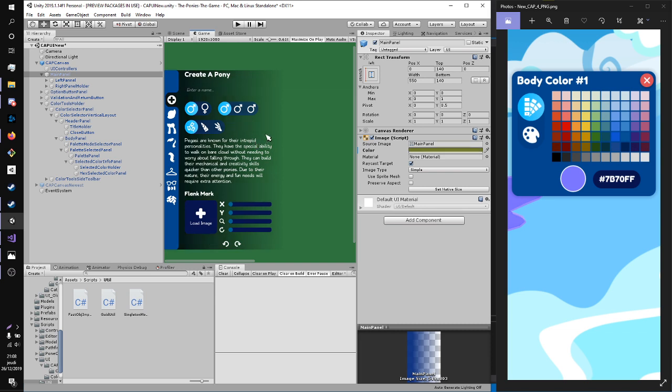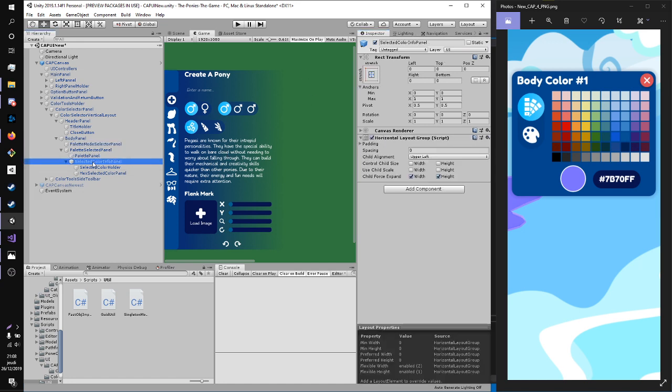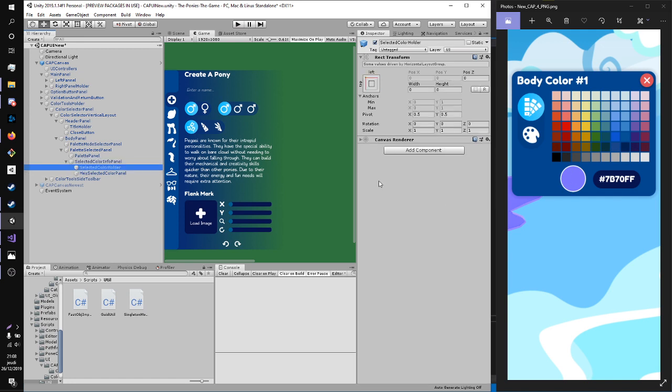Anyway, okay, so give me the color back. Yeah, the back white. So then we've got the selected color info panel. So this one, selected color holder, and the X selected value. So for those people that don't know, in programming you can make